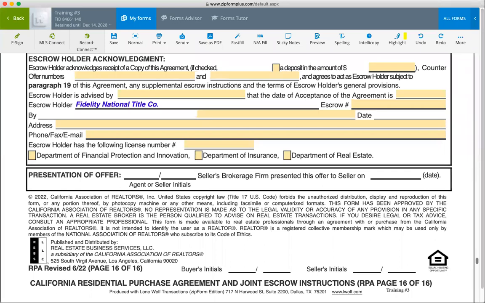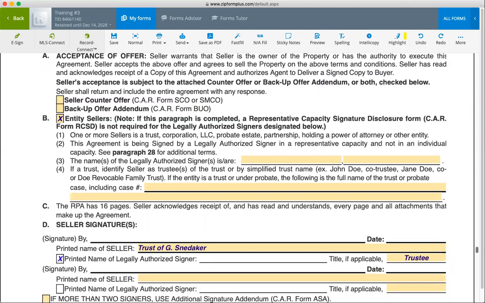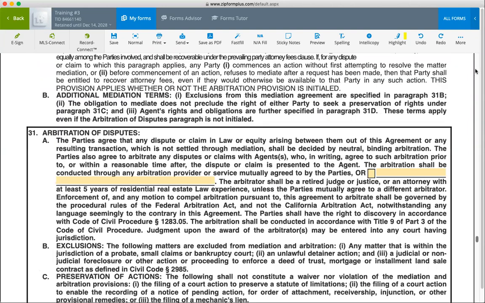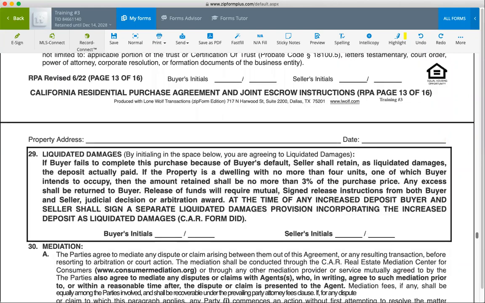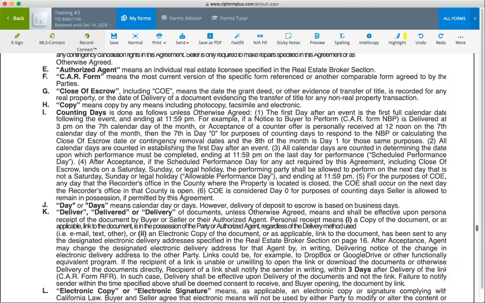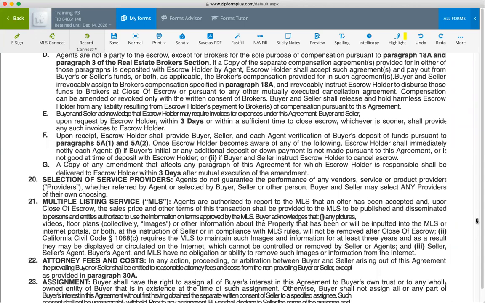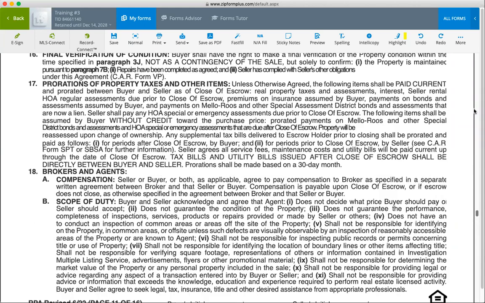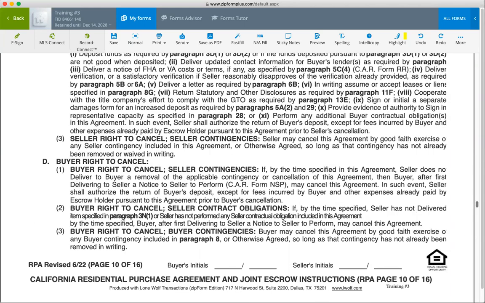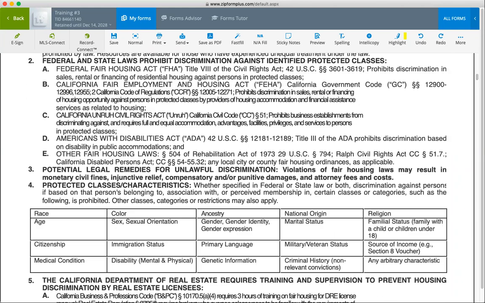So I feel like I see it about half the time on a listing on MLS that escrow has already been opened with such and such agent and company. And I don't know if we open a title and escrow company, we might encourage you to put in our company. I don't know, but for now,